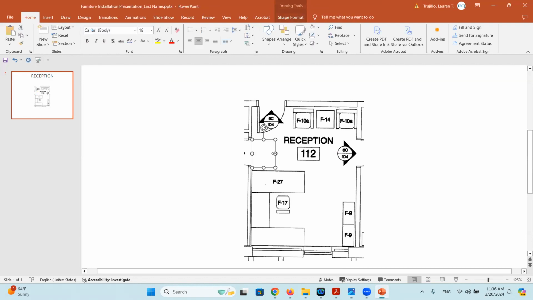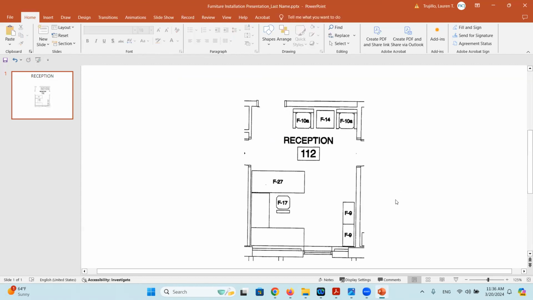So what I'm going to do is do Control C for copy and Control V for paste so that I've got this box over here, and I'm going to move it over here now. And I'm going to copy and paste that box and cover up here. Now, it's not ideal to cover the door swing, but for our purposes, as a way to get rid of extra information, we can go ahead and do that.